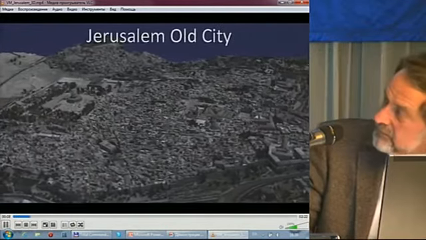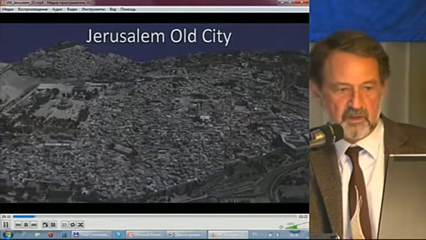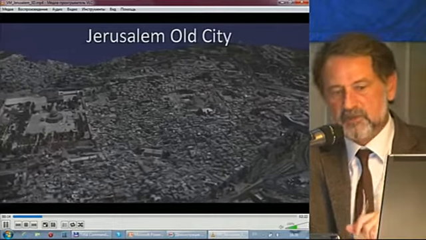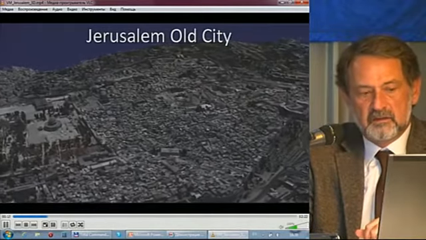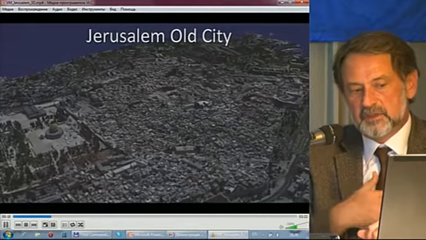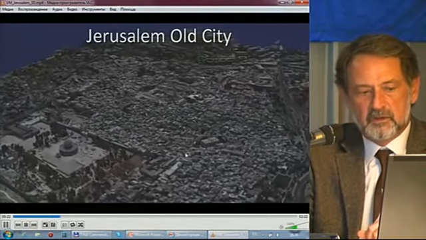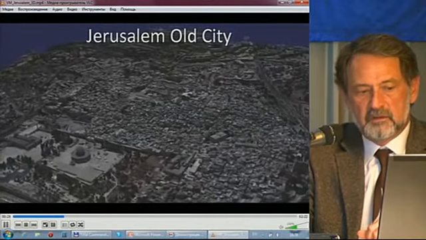This is one of the latest achievements. Again, this is Jerusalem. The survey was done specifically for oblique applications, 6 centimeter GSD.